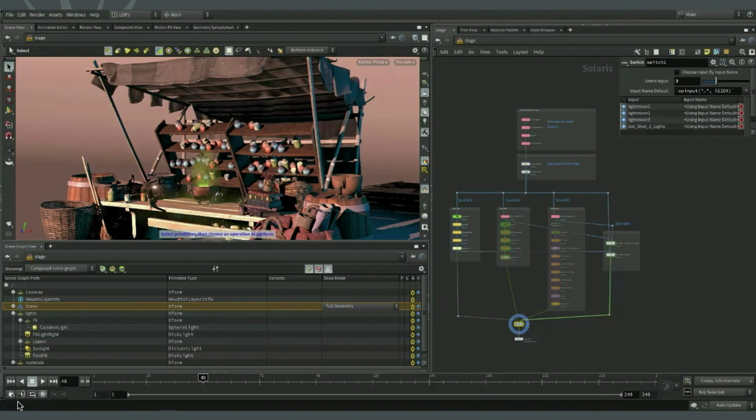So we've introduced something called a context options editor in LOPs. And this is essentially a,